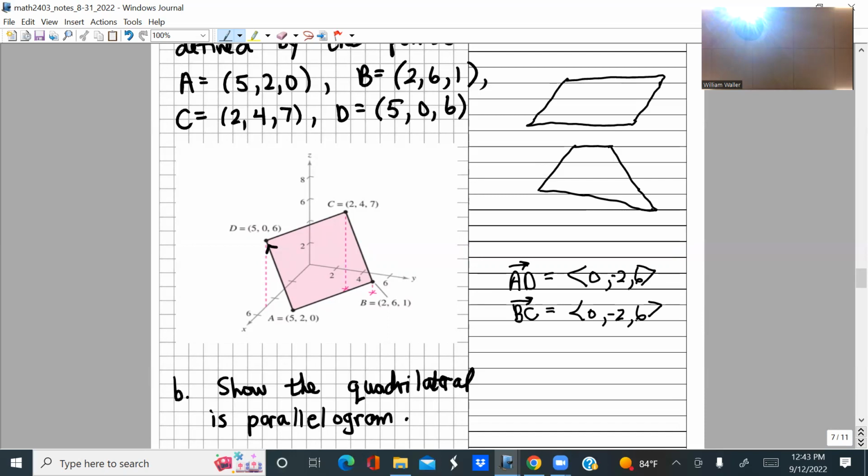These did not have to turn out to be the same vector, though. If they're going to be parallel, what relationship would we want them to have? A scalar multiple, that's right. I'm so glad you said it beautifully too. If one of those vectors is a scalar multiple of the other, then they're parallel, okay? Well, they are scalar multiples of one another because this vector is 1 times this vector, and 1 is a scalar, correct? So indeed,